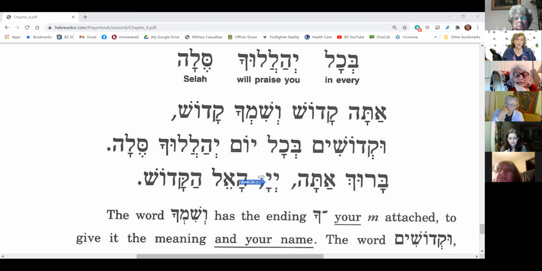In a prayer book, the only time you're going to see the Yud He Vav He name is if it's a direct quote from Torah. Sometimes in a prayer book, you're going to see these two Yuds without any vowels at all. But when you see these two Yuds and it has a vowel, you can say, thank you very much. Why? Because it's telling you what you're supposed to pronounce when you see those two Yuds. What do you mean tell you what you're supposed to pronounce?